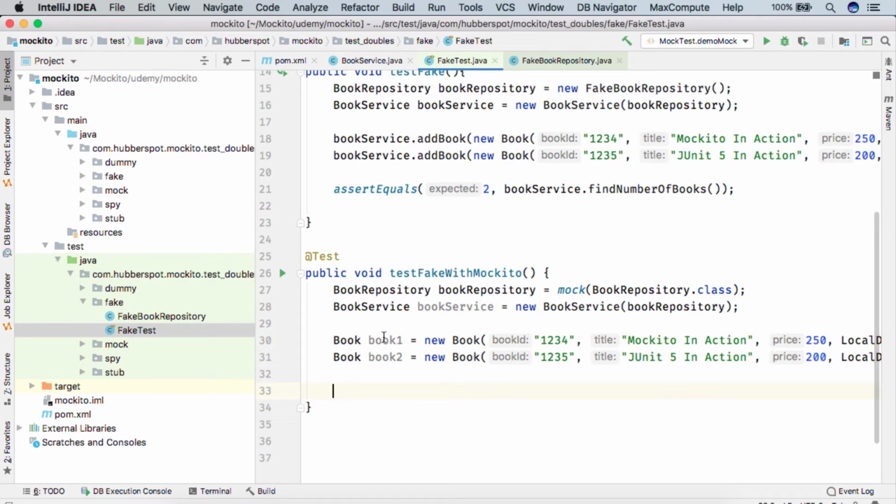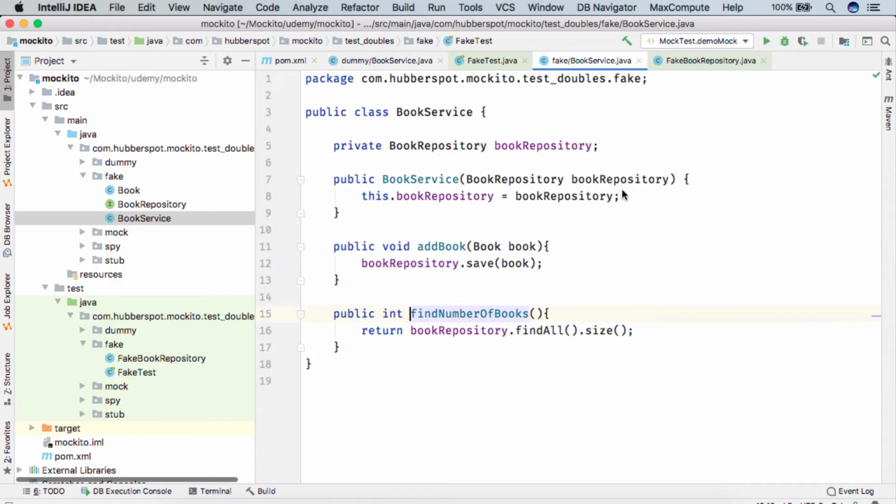So friend, after creating these two books, here you can see we simply want to test that findNumberOfBooks should return these two books because we have added these two books. So when we call findNumberOfBooks, this repository called the findAll method and returned us the size of it.